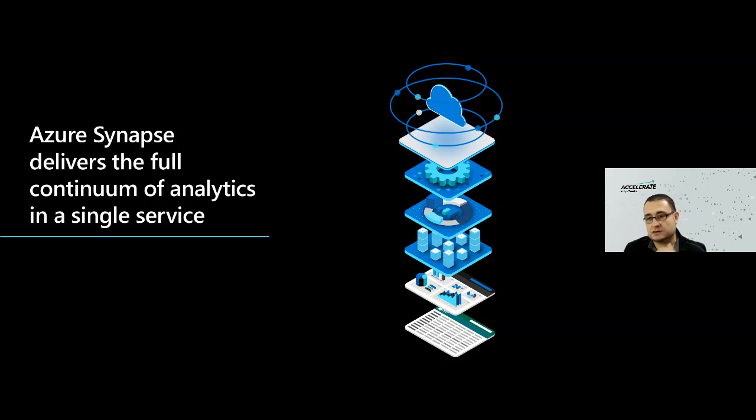So there's several customers that have already adopted Azure Synapse, including Walgreens and Procter & Gamble, which we're going to hear some customer success stories in a little bit. And they have already achieved tremendous success with Azure Synapse, and they're able to move to more global, generally available solutions with their customers with a single unified platform, which is Azure Synapse Analytics. And we're going to walk through some of those customer success stories in a little bit.